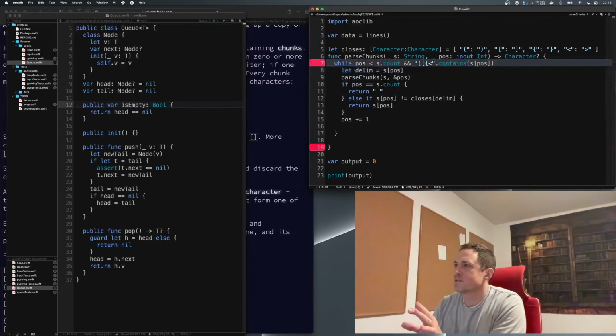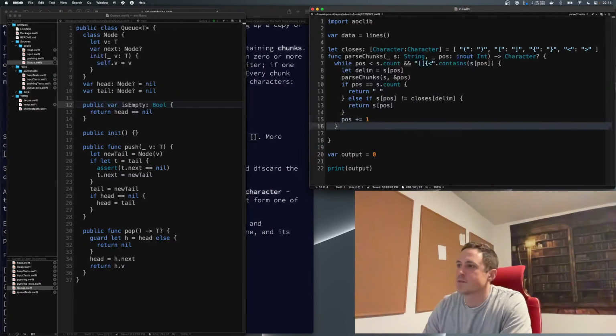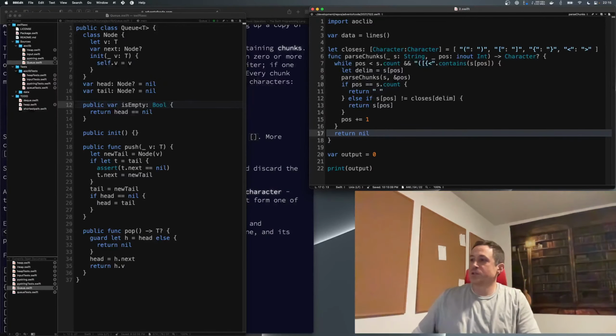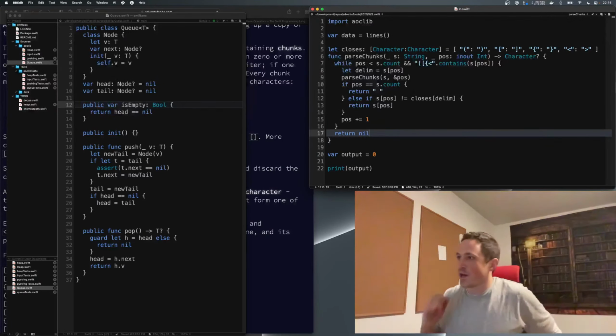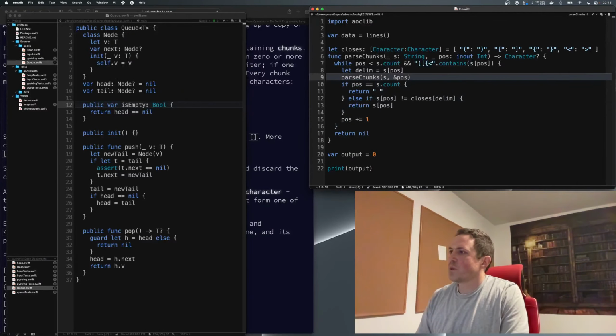And so this is actually success. So that's fine. So if we exit, okay, that makes some sense. So if we exit this loop, we can just return nil, which means we parsed our chunks and now there's something that's not a chunk anymore. So, if let